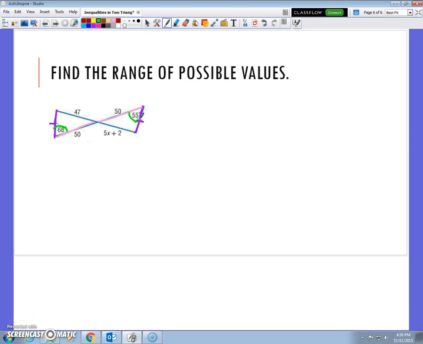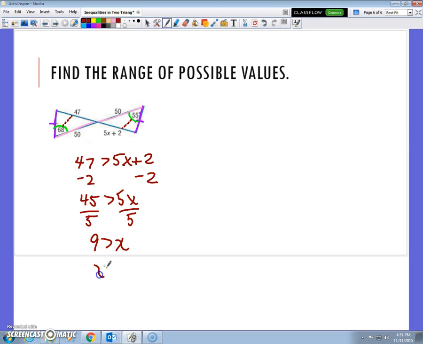Now I need to decide what the relationship is between them. Okay? Because I see that across from my 55 is 5x plus 2, and across from my 68 is 47. The segment length across from 68 is going to be bigger than the length across from 55 because 68 is bigger than 55. So I know that 47 must be bigger than 5x plus 2. All right, and so I'm going to go ahead and solve this. So I know 9 must be bigger than x, or I would prefer you to write it x is less